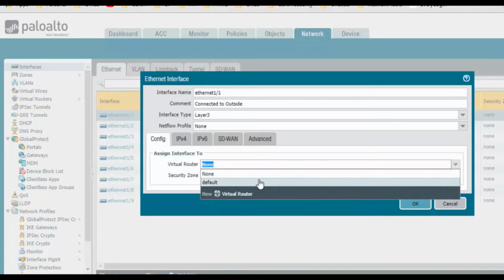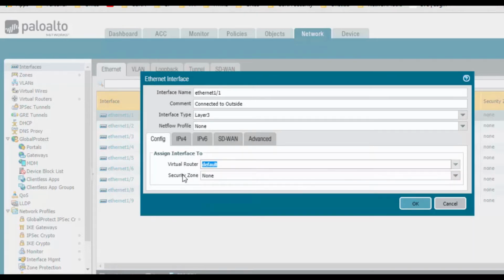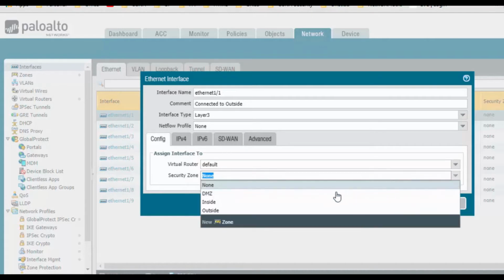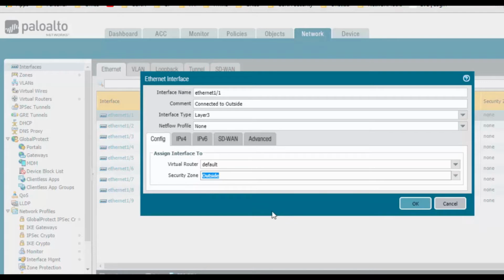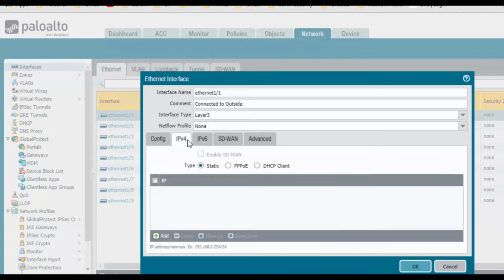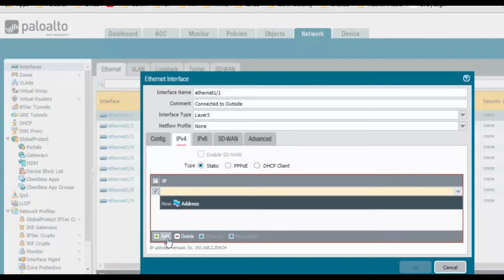As of now we will select the default one, and for the security zone, of the three zones we created earlier, we will select outside. Now we go to IPv4. Here you can select static or DHCP client.